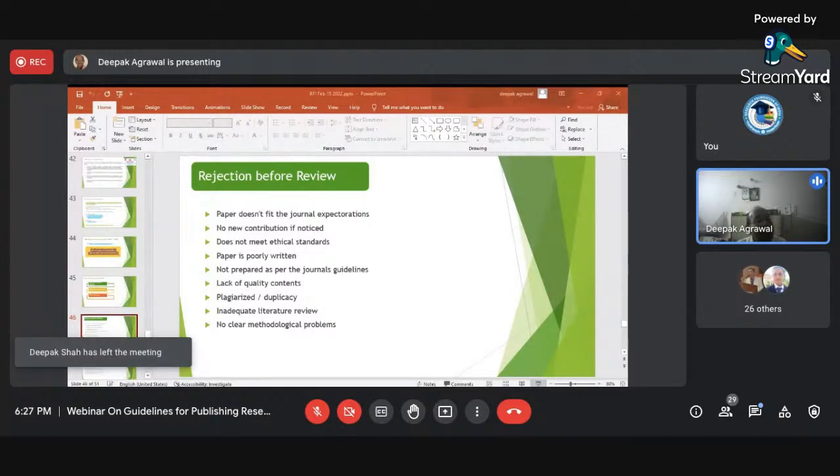The paper is not prepared as per the general guidelines. They have not followed the norms. Due to the lack of quality contents, we are unable to maintain the level of quality expected by them. Again, your paper may be found plagiarized as per their norms. The normal range is a bit less than 10%. For a few high quality journals, it may be 5%. They will run their own software, and accordingly, you need to maintain that level.